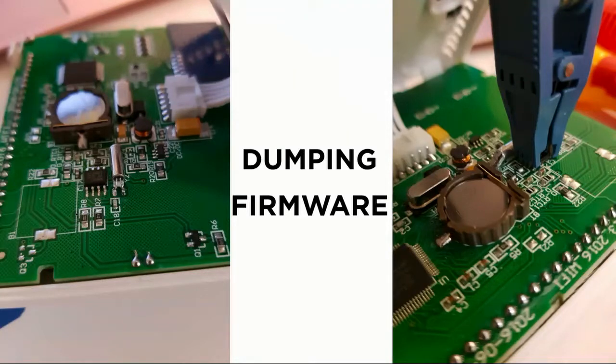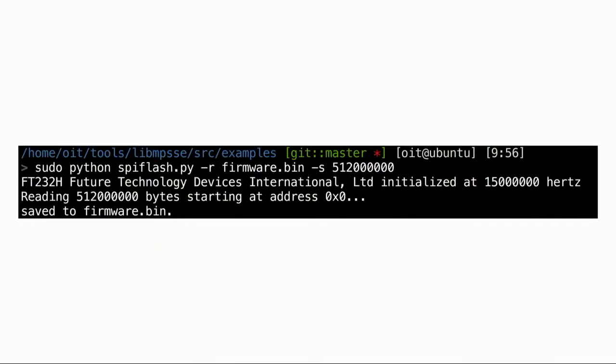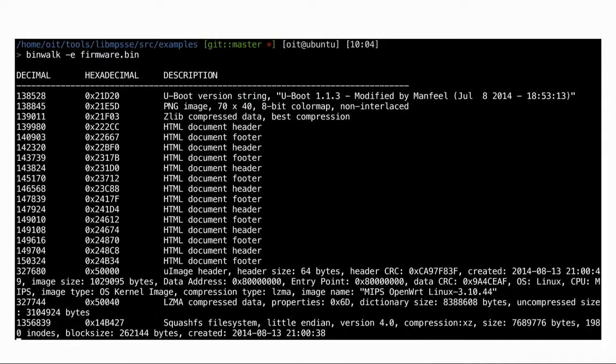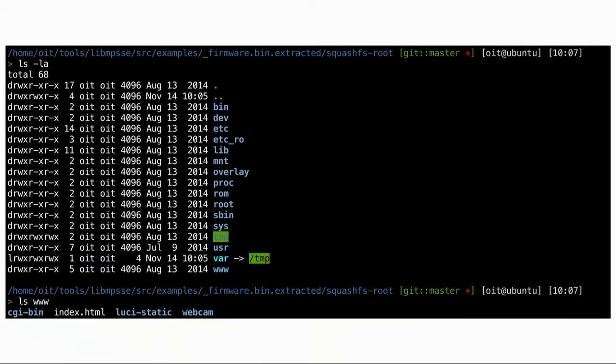The next thing that you'll do is look at these 8-legged chips, which are mostly the SPI flash chips, like you have over here. If you look at the chip in focus, where you have the connector in the next picture, you can simply connect this clip to that particular chip and run a script called spiflash.py, which ends up dumping the entire firmware of the device. Once you have the firmware, you can run tools like binwalk to extract the entire file system. And from there, you can look at the individual binaries, exploit them, and so on.